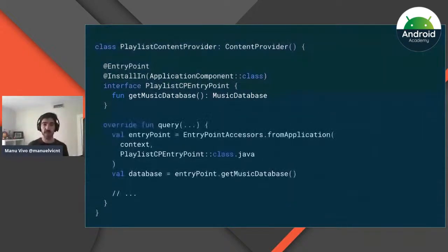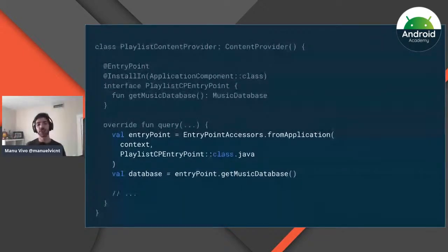And then whenever we need it, for example in the query method of a content provider, we can use a static method called EntryPointAccessors. Here you pass in the instance of the entry point. And with that, you can grab the same dependency that Hilt is going to provide to other classes from the application component. Cool. So now we see how to use Hilt with Android framework classes, and how to use it in other classes that are not Hilt friendly in that sense.